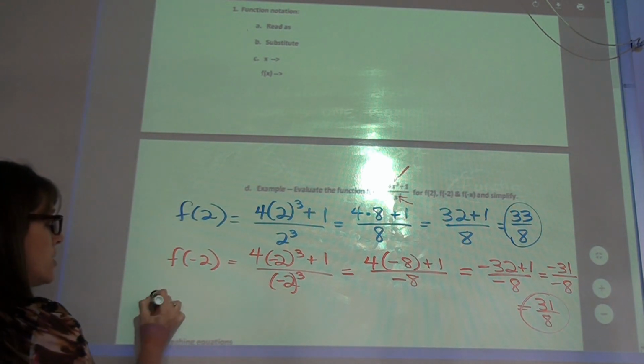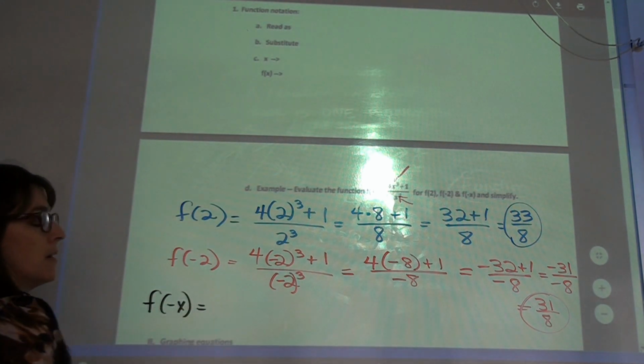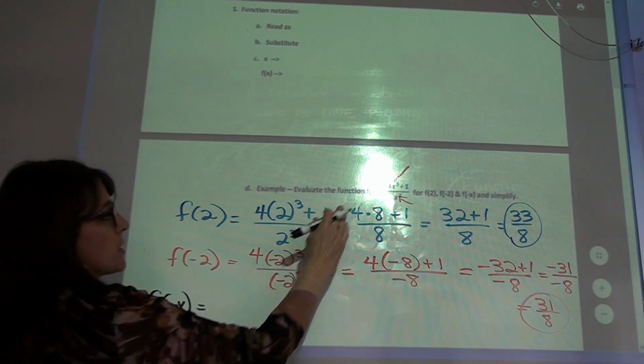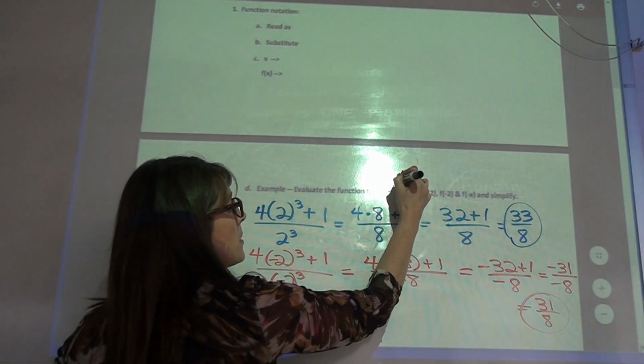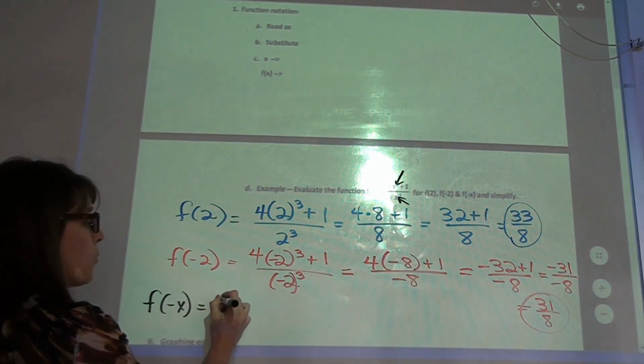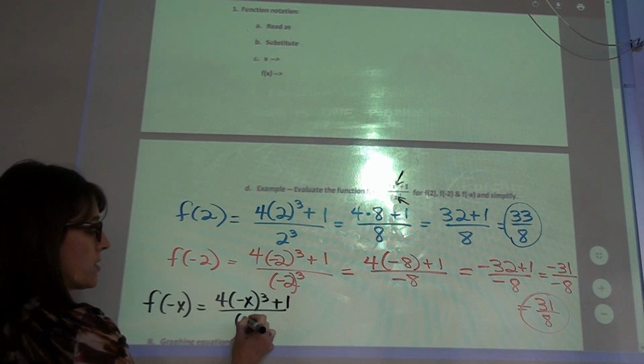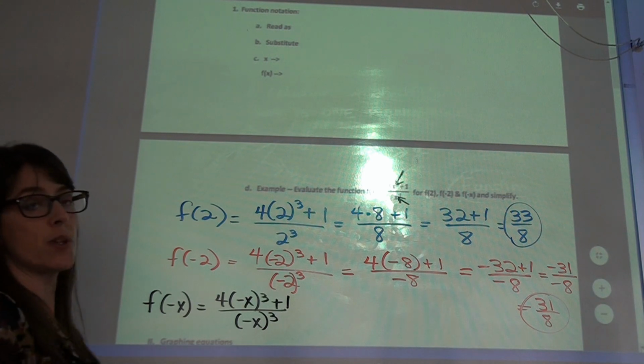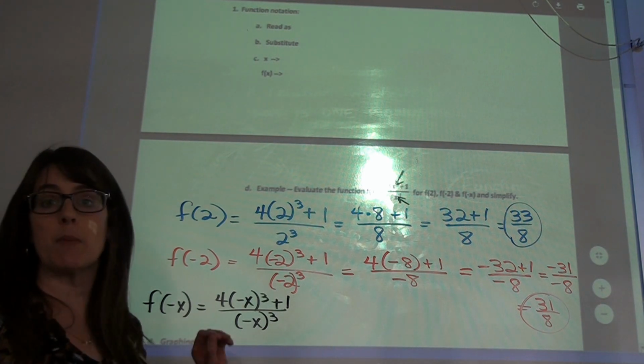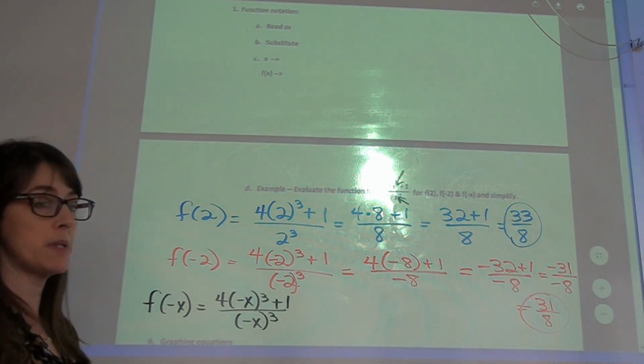So that's a strange concept. To say, well, what I'm going to do is take that x out of there and put a negative x in its place. Why on earth would we do something like that? Well, much later in the semester, we'll see the value of doing this. Right now, it's just an exercise in being able to plug it in and then see what happens